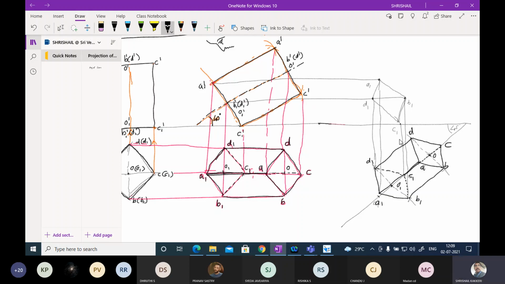Just thin lines. Then after this, go to the top portion, top view, the top portion of this and the top portion of this. So first you draw the line A. I have drawn this, and from here you draw this. This is point A, and B on this, and B is here.